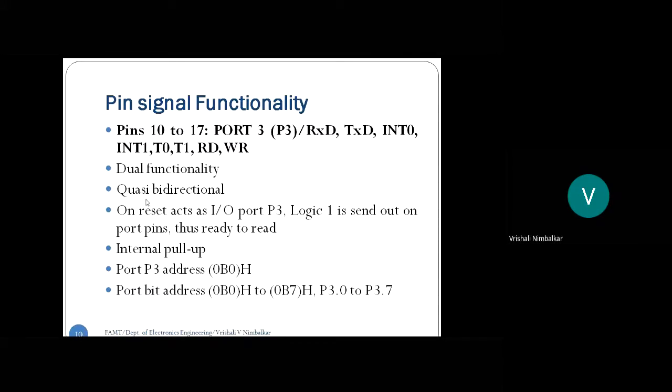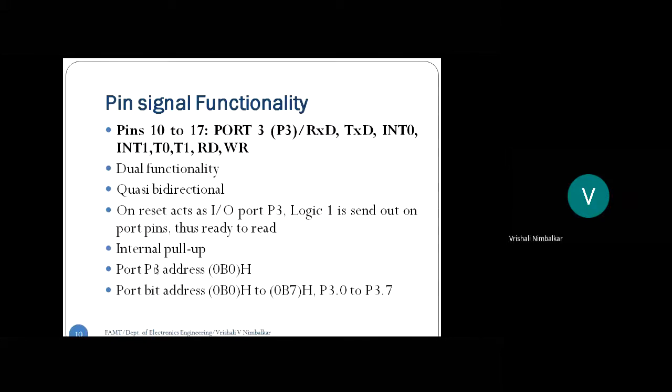Right? It is quasi bidirectional, meaning at a time it will act either as an input or as an output. On reset, logic 1 appears on the pin and they are ready to read, meaning initialized as inputs. They have internal pull-up. Port 3 has internal pull-up circuitry. The address is B0.